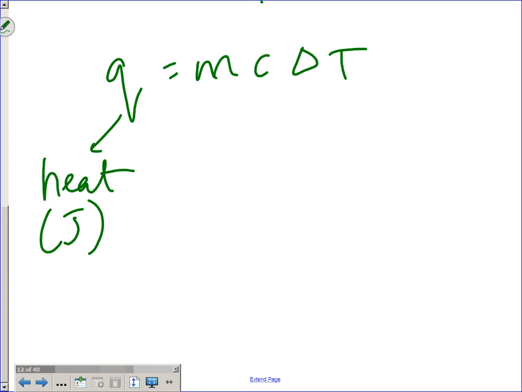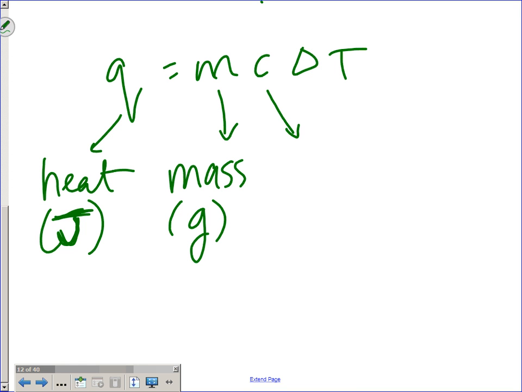Joules. Okay, so basically, guys, we're taking notes on our foldable, and then we'll do questions on a separate sheet of paper. Kind of doing active notes here. M stands for mass, and mass is generally going to be expressed in grams. Okay. C stands for